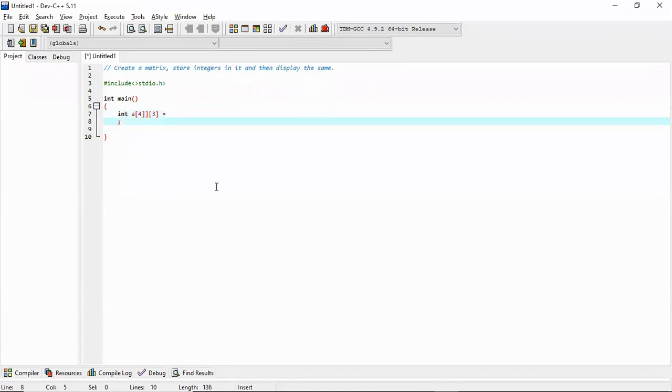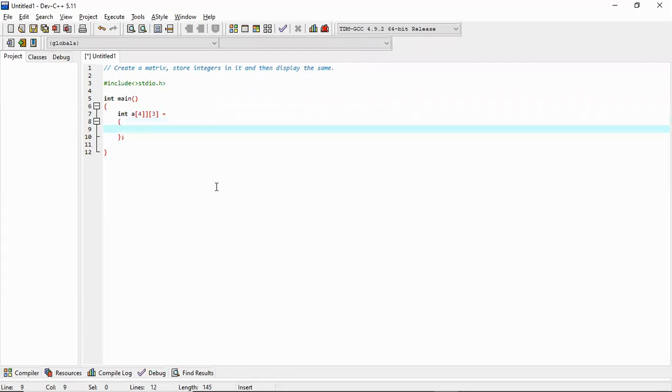Then we can start a curly bracket here and then put the values. So for example, I have to put the first values of the first row. Let me say it is 3, 2, 5.